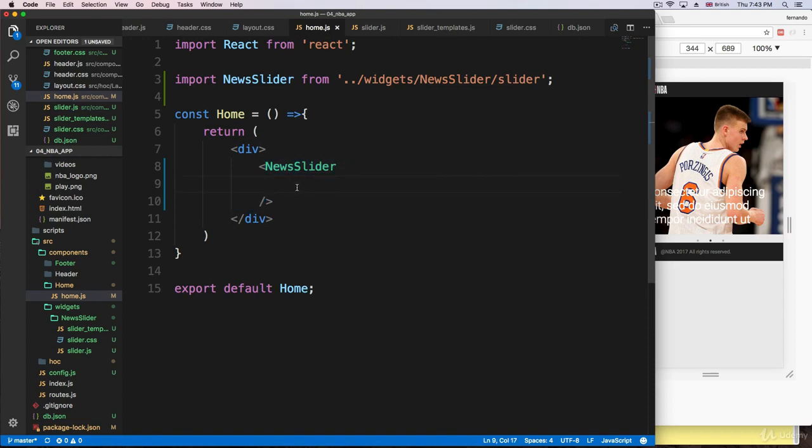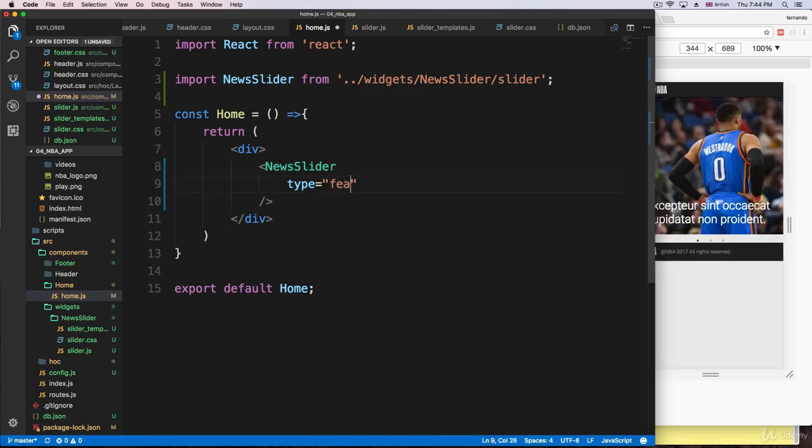So we're going to be passing some settings. We're going to be passing some props. So first, we're going to change the type, which is going to be, in this case, we are going to use featured. Okay, I'm having a problem typing this word. I don't know what's going on. There we go. Okay, so it's type featured,